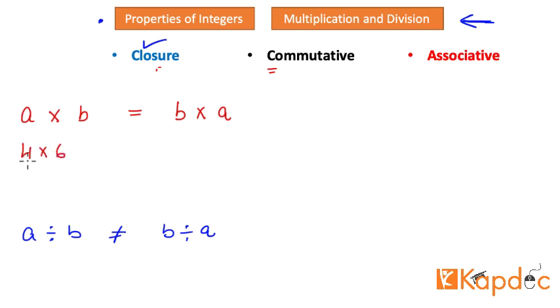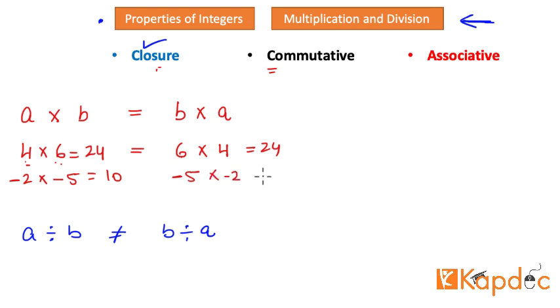So first I'm multiplying 4 with 6. 4 is first, 6 is second, and the result is 24. But on the right hand side, I reverse my multiplication, so I'm multiplying 6 first and then I'm taking 4. But this is also 24, right? Meaning both statements are equal. Let's say we have two negative numbers, negative 2 to be multiplied with negative 5. It will be positive 10. Two negatives make a positive, right? But when I take a different order of numbers, I take negative 5 first and I multiply negative 2 with that, I still get 10, right? Meaning both of these statements are equal. Or in short, you can say that the commutative principle works on multiplication.